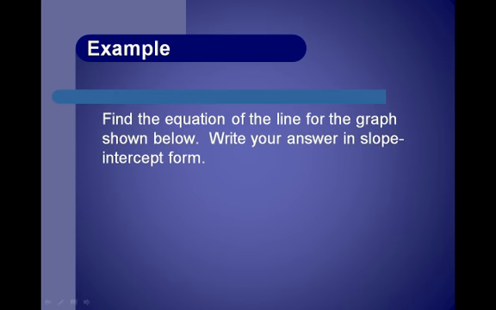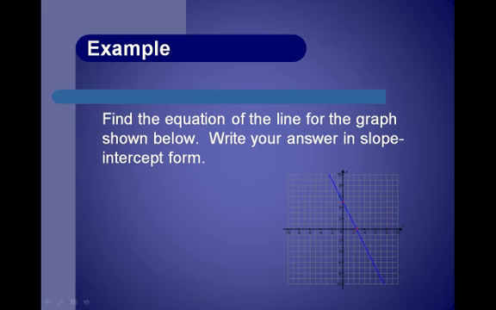Example 5. Write the equation of the line for the graph shown below. Write your answer in slope-intercept form. So for this problem, we have a y-intercept right here of 5, so that is the ordered pair 0, 5. I'm looking down here at that x-intercept. I'm really not sure what that point is. I know that this point is a nice point on the graph, so that is the ordered pair over 1 up 3. So let's go through and use those 2 points, 0, 5 and 1, 3, to write the equation